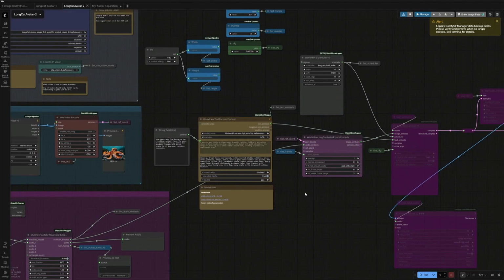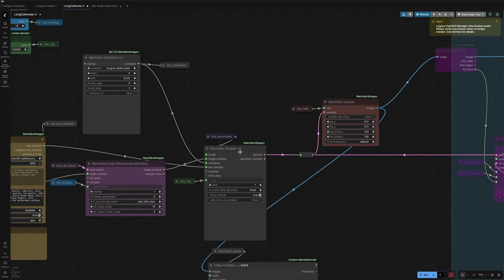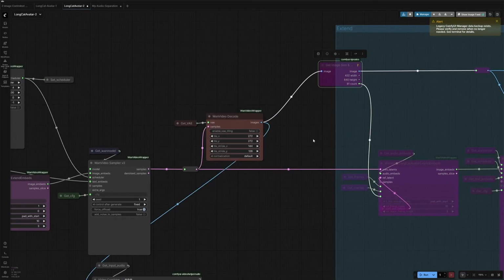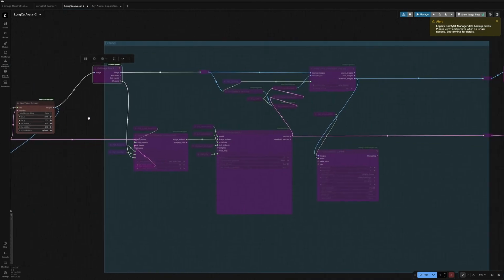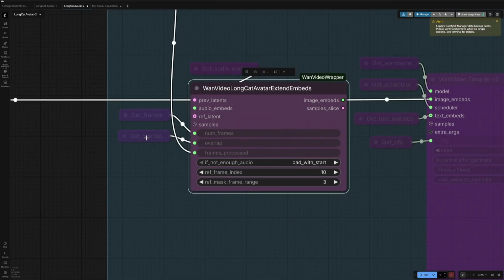All the details and files we saw go here, and these nodes undertake the process of video generation. The output is then decoded, and the frames are combined here. The same is then forwarded ahead to make the continuation of the video. And here is the overlap we saw earlier.